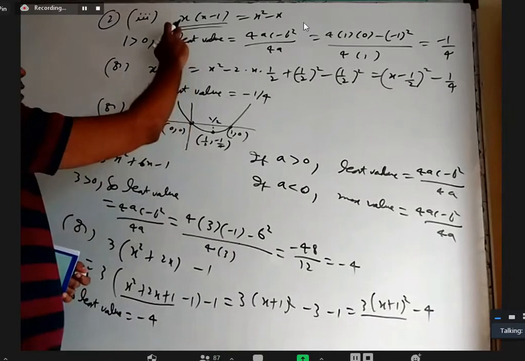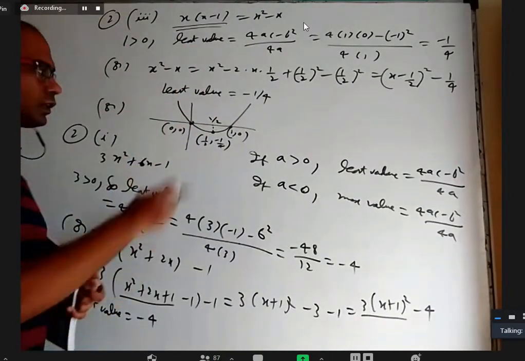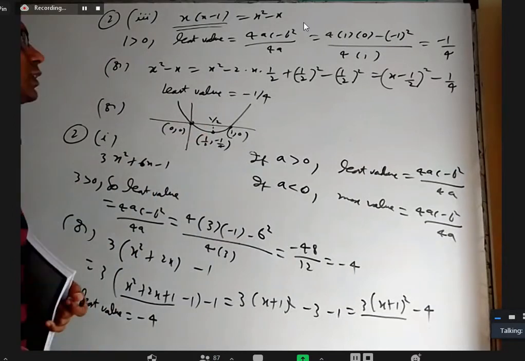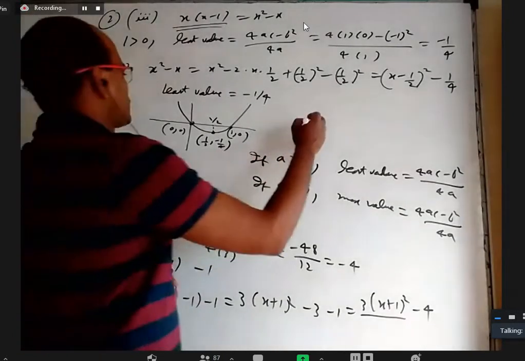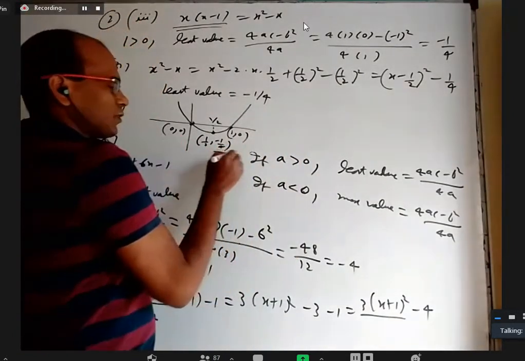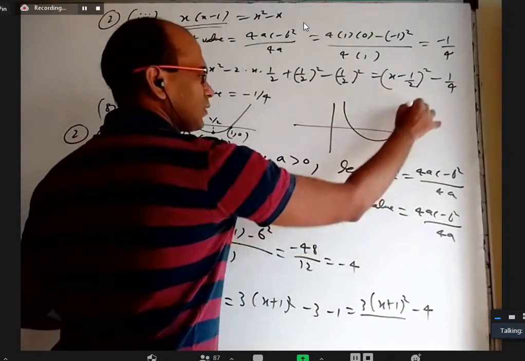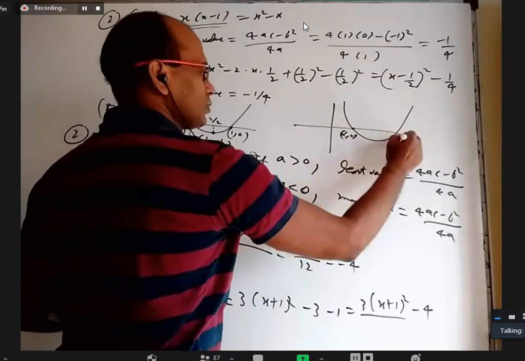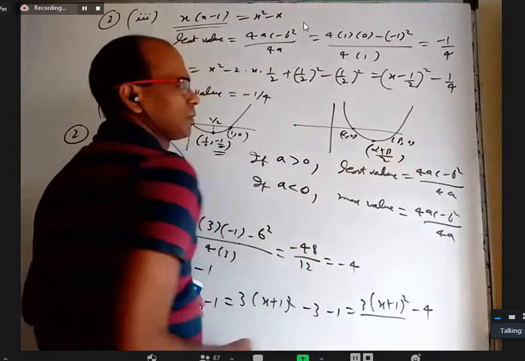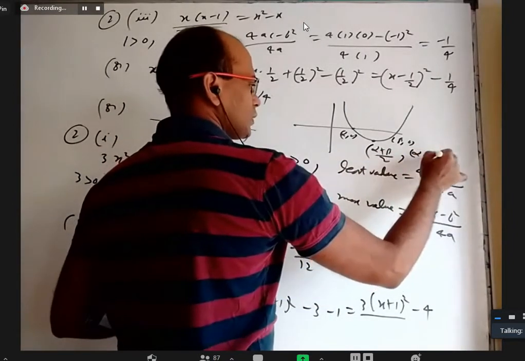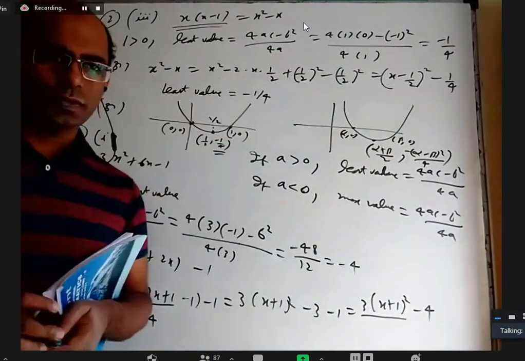So whenever you have x minus alpha into x minus beta, if this is alpha, this is beta, just put alpha plus beta by 2 and you'll get the minimum value. That too as minus alpha minus beta whole square by 4. I can even mention that. Here the minimum is minus 1 by 4, you can see. Or when you take the graph of x minus alpha into x minus beta, this is alpha comma 0, this is beta comma 0. The x coordinate is alpha plus beta by 2 and the y coordinate is minus alpha minus beta whole square by 4, by putting it in x minus alpha into x minus beta.